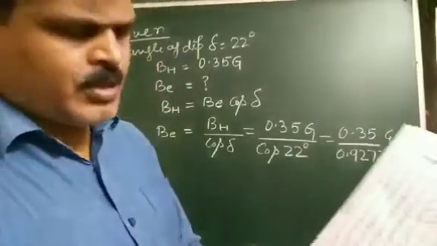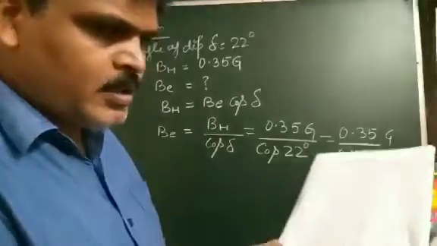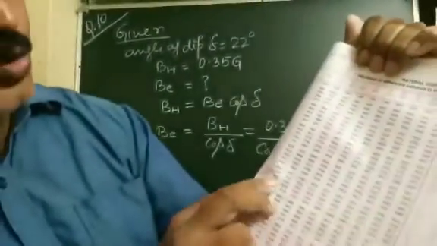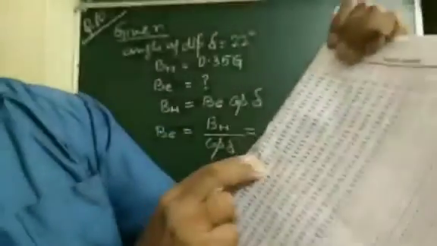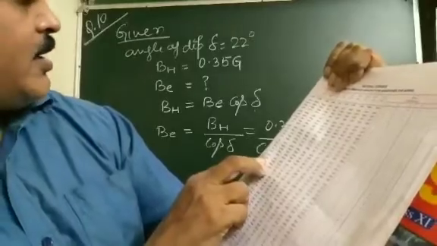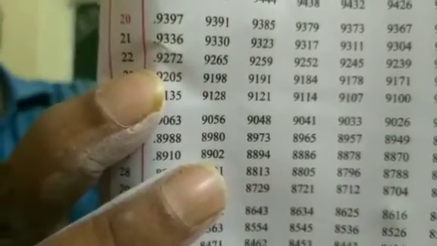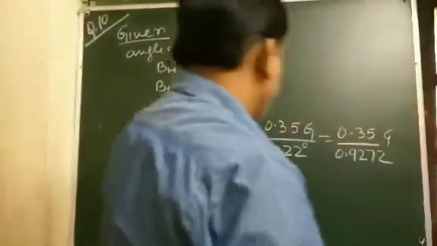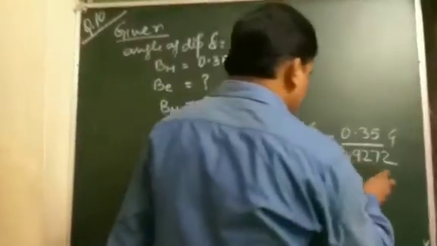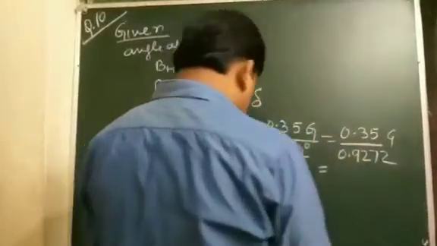Cos 22, student, that is this value, cos 22. See, this is the natural cosine table, and this is cos 22. This value, see, which is given as 0.9272 in the cosine table. So the value written here, cos 22 degree, is 0.9272, and student, after solving this, its value comes out to be